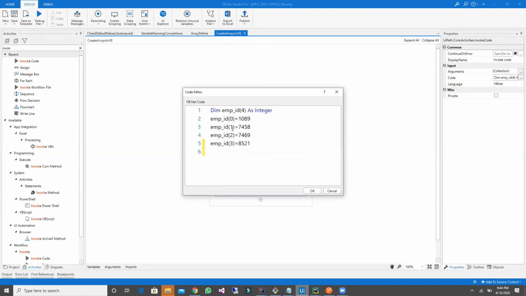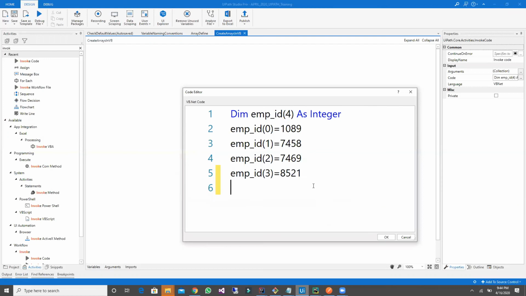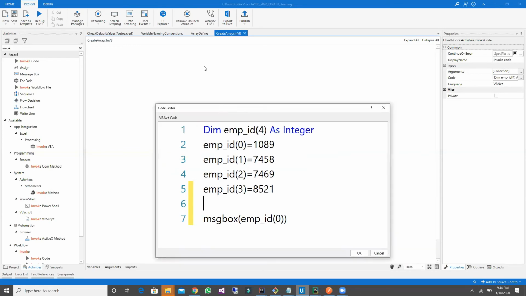Now to see the output in a VB.NET, how we are going to do is MSG box, okay. So just use your the index value. So now what will happen exactly? Now an array will be created. For each and every value will be having an index here, right? So here see what exactly happening is